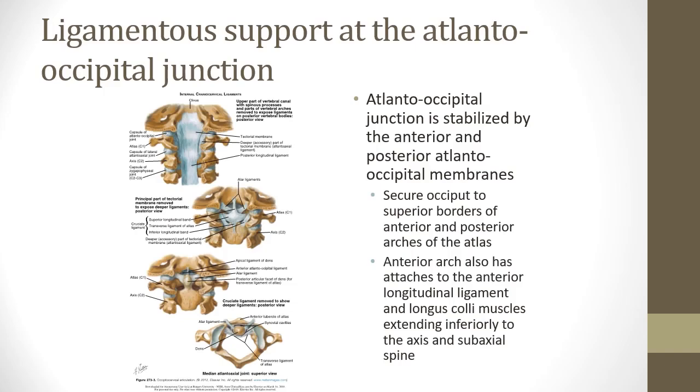The wide range of motions that occur around the atlanto-occipital junction are stabilized by an extensive network of ligaments. The anterior and posterior atlanto-occipital membranes attach the occiput to the superior borders of the anterior and posterior arches of the atlas. These ligaments that join C1 and C2 and the tectorial membrane help resist overextension. The anterior arch also attaches to the anterior longitudinal ligament and the longus colli muscles, extending inferiorly to the axis